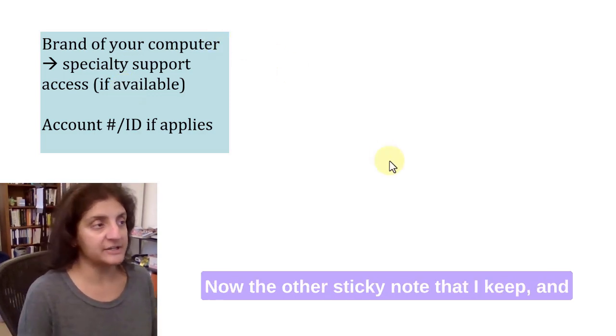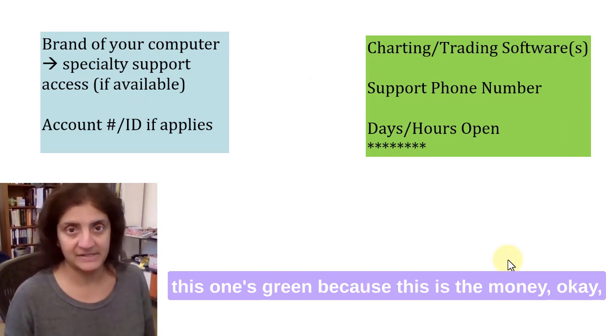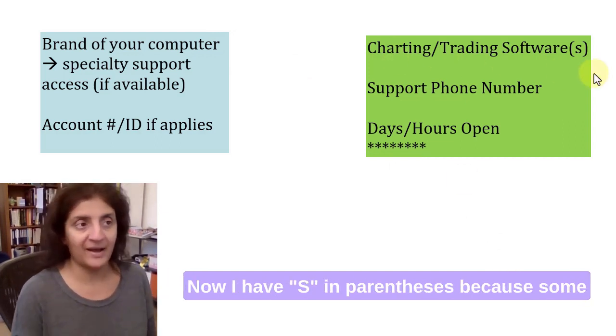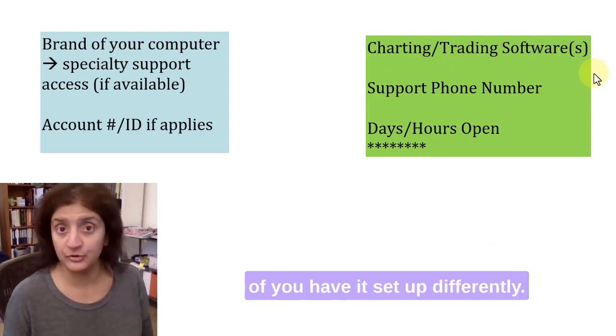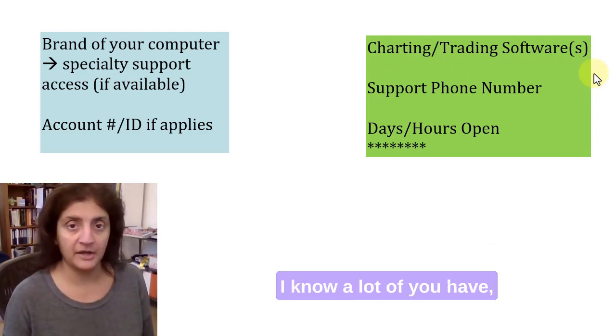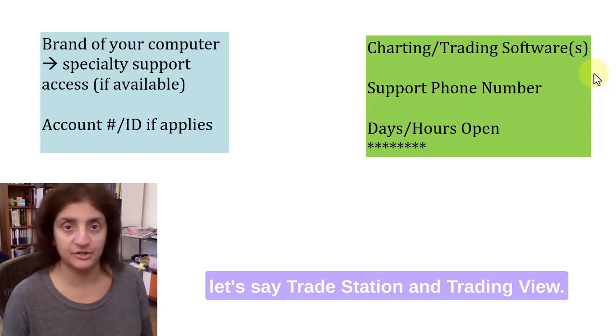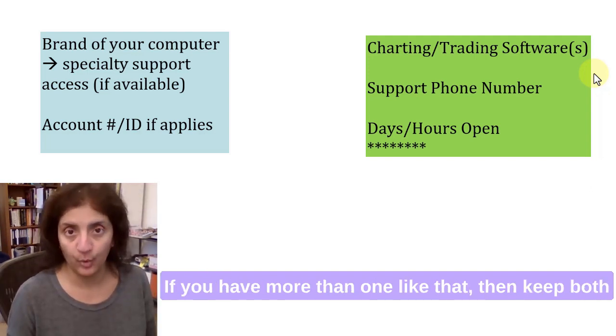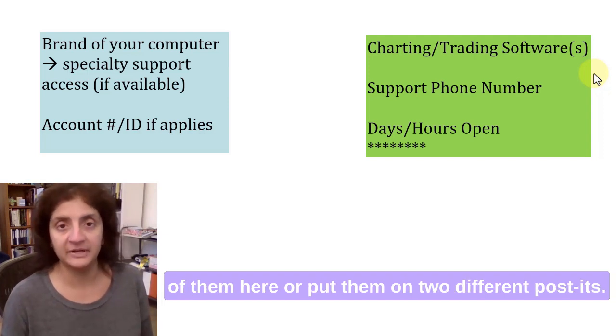Now, the other sticky note that I keep, and this one's green because this is the money, okay? This is your charting and trading software. Now I have S in parentheses because some of you have it set up differently. I know a lot of you have, let's say, TradeStation and TradingView. You chart on one, you trade on the other. If you have more than one like that, then keep both of them here, okay, or put them on two